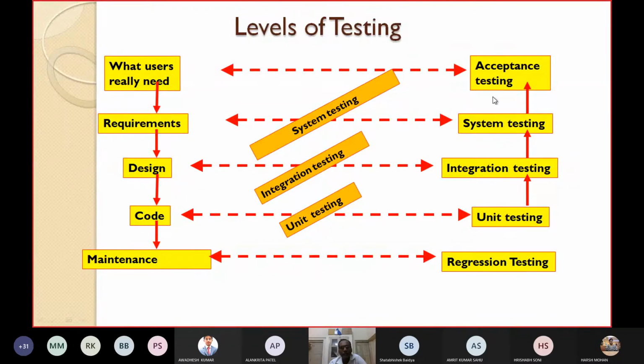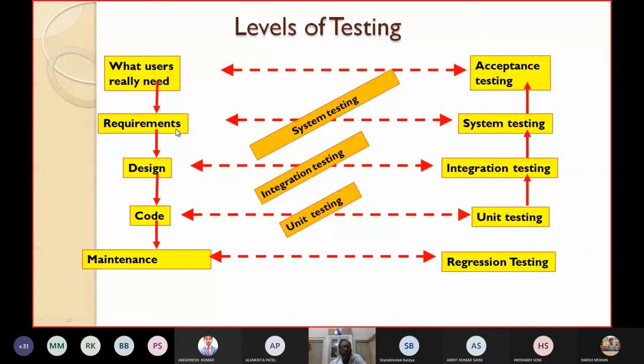As I have already told you, whenever you develop a code, a module or a unit, you have to simultaneously perform unit testing. So coding is associated with unit testing. At the level of design, when you are developing DFD models or UML diagrams, you are designing for every module. At the design level, the different modules that we have designed, we have to integrate them and perform testing. So design is associated with integration testing.